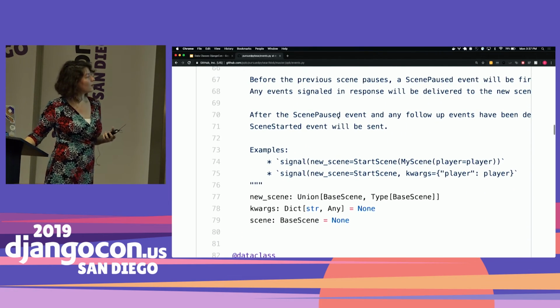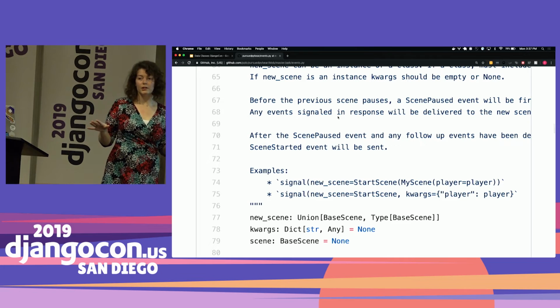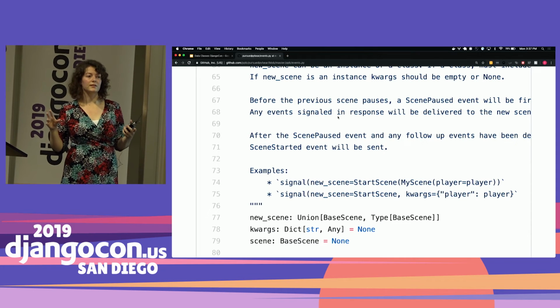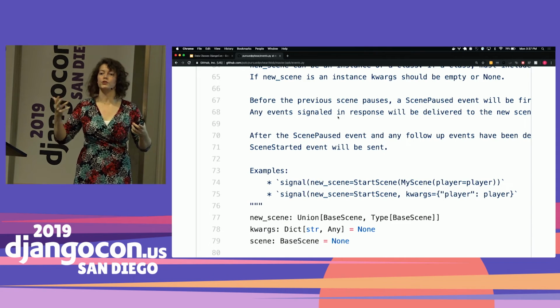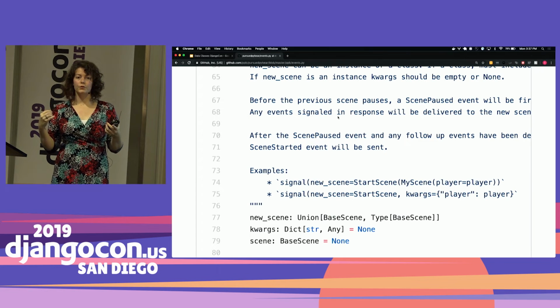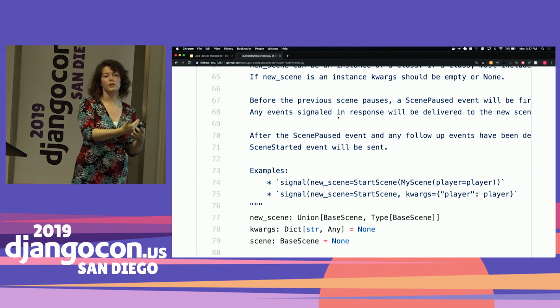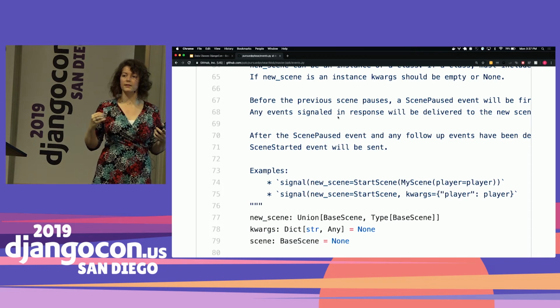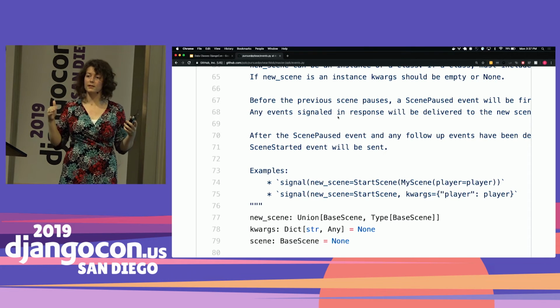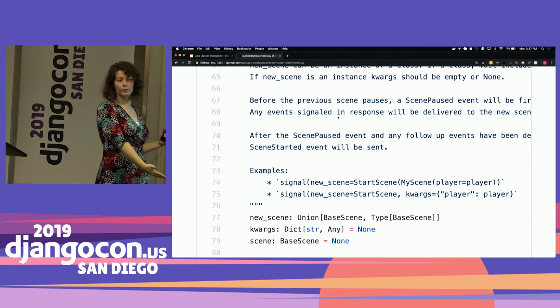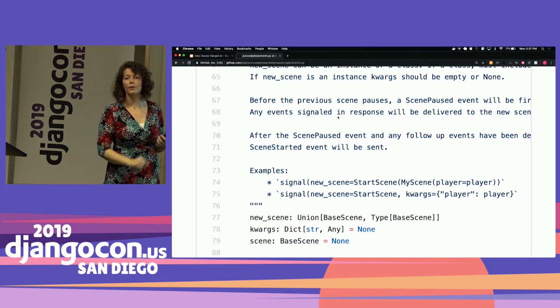So these are all, if you're not familiar with game development, processes that might take a little bit more orchestration. JavaScript has this idea of listeners, that you're listening for events and things like that, but this allows you to have an active system. So one cool way to use data classes in your project.